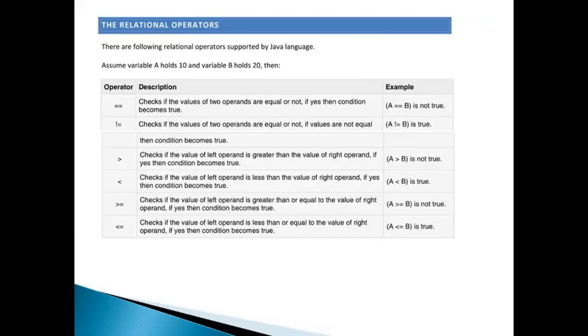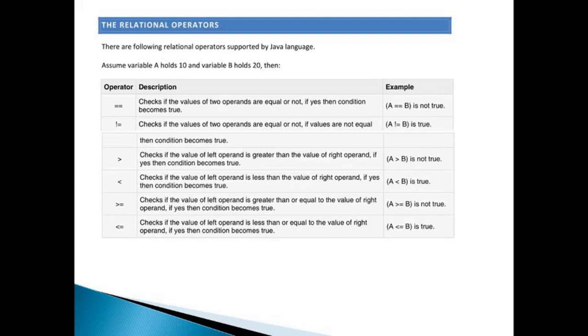And if we want to check whether two values are not the same, then we use the not equal to sign, with an exclamation mark and just after it the equal to sign. This is known as not equal to. Then, if two integer values or two float values or double values are there, and one is greater than the other, it will be true. For that comparison we need the greater than relational operator.